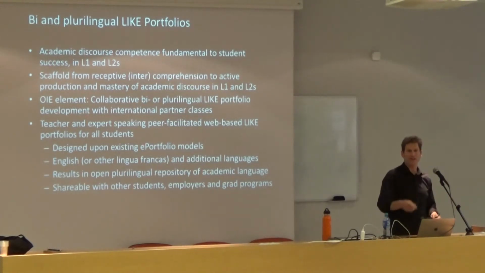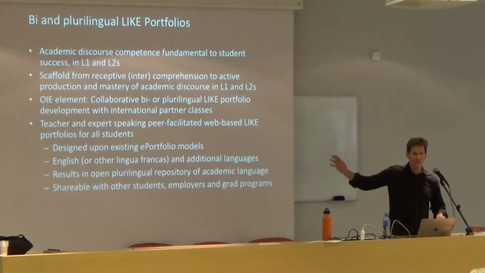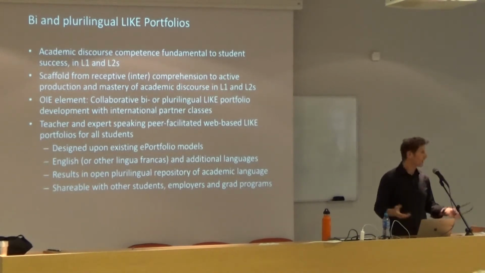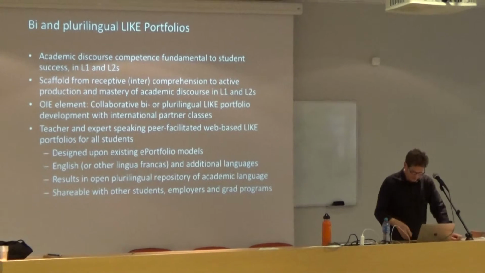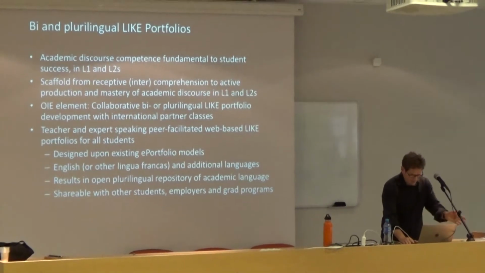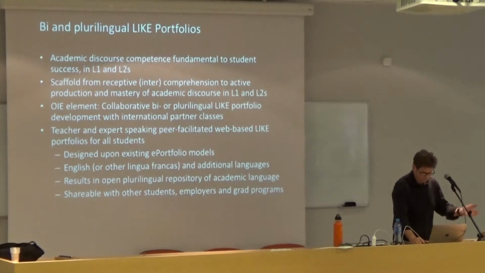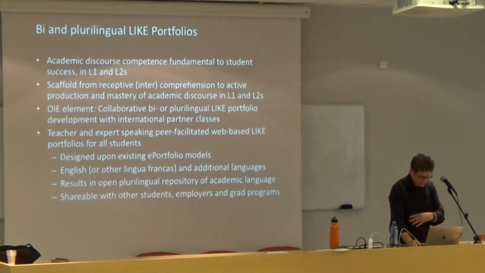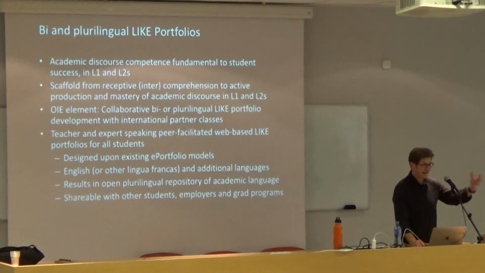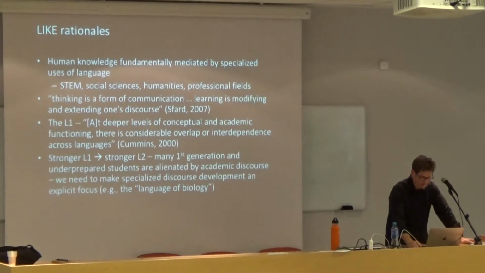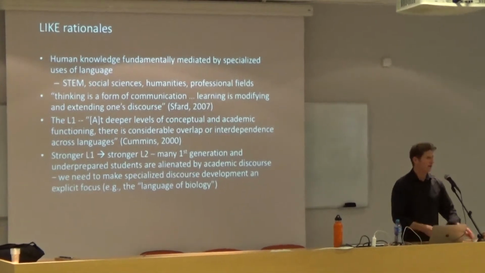and it's a little bit underspecified because I don't know exactly what would look best. This was my question about COIL. I'm hoping for a better model to do this, but for the time being, this is what I put together. So you have this open plurilingual repository. This would all be open source, open education, shareable with other students, or potentially if you wanted to use it to illustrate what you could do with the language for employers or grad programs or whatever. So this is a key piece, all right?